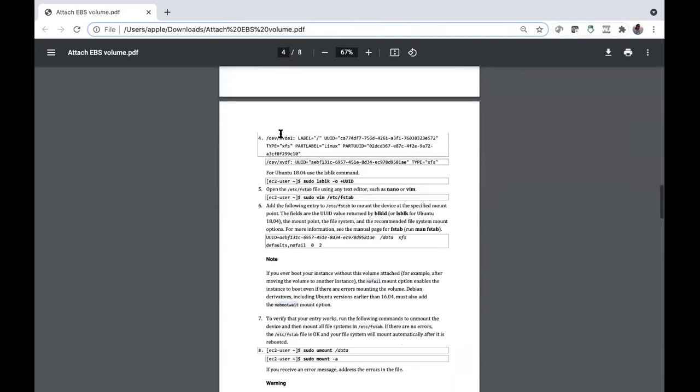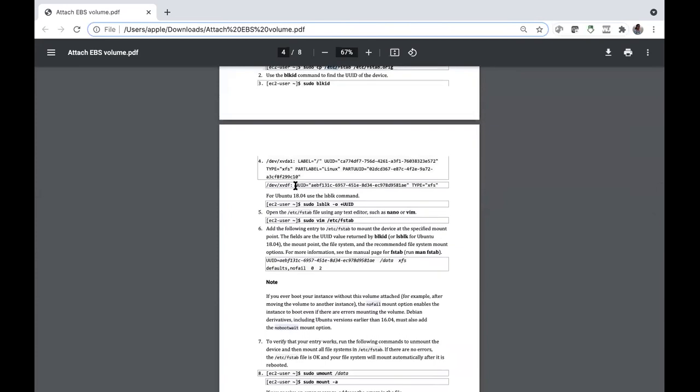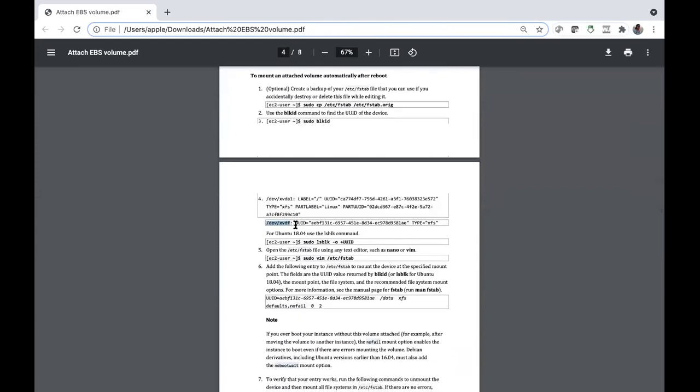Guys, here you no need to get this. You can directly use your device name. Here in this document, they are using UUID, this one. No need to go for it. Otherwise, this is also correct procedure, follow this. And I am not using this. I am directly going with my device name.